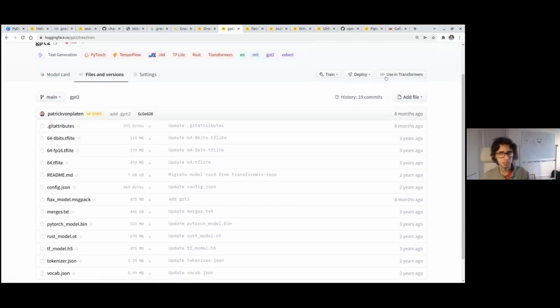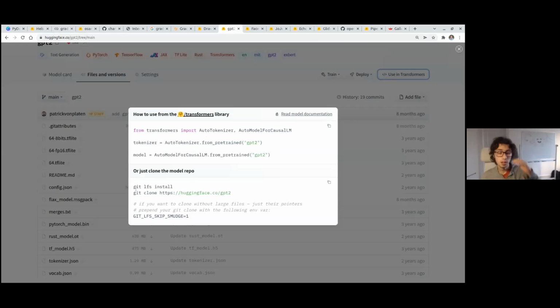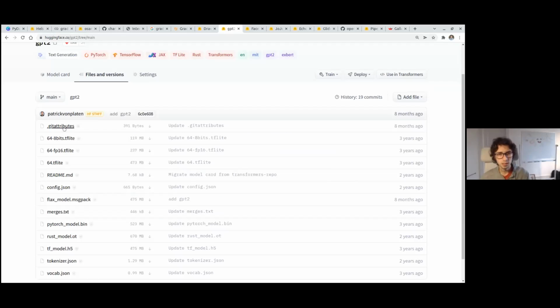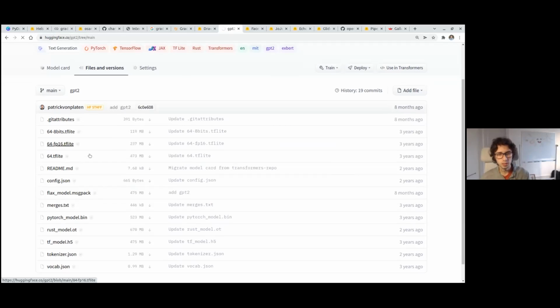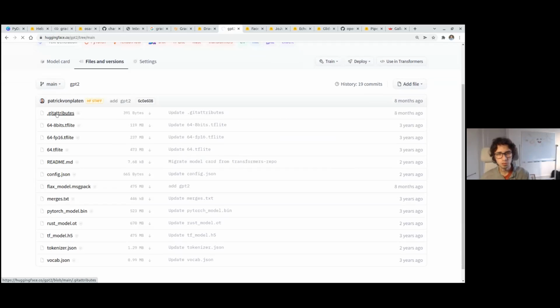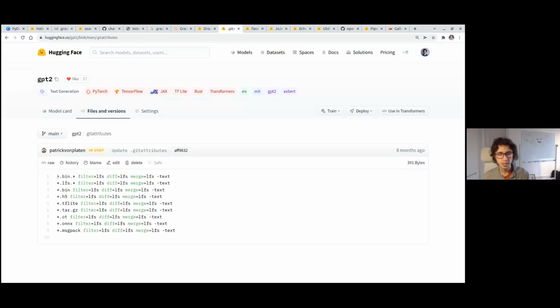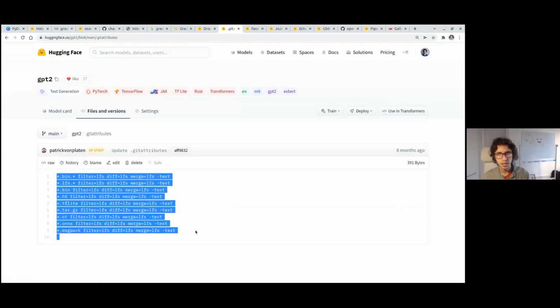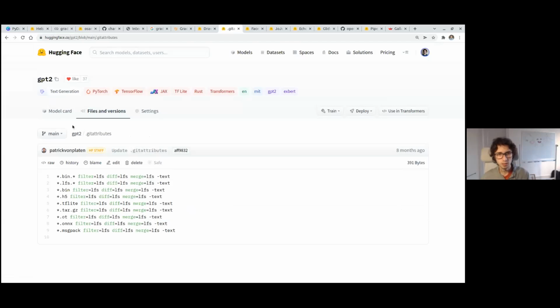Git LFS is pretty much the same as Git, so you are using Git. The only thing that you need to do is run git lfs install, and that's pretty much it. And then if you have some weird extension, you can go to the Git attributes, and here you can specify what file extensions you want to be handled directly via Git LFS. Other than that, there are not that many limitations.